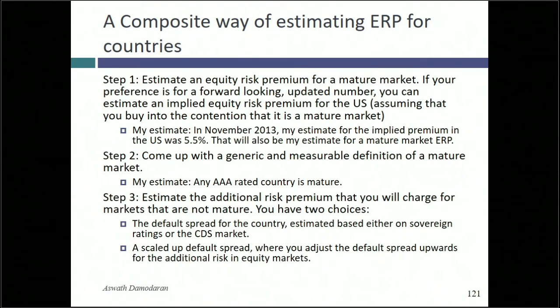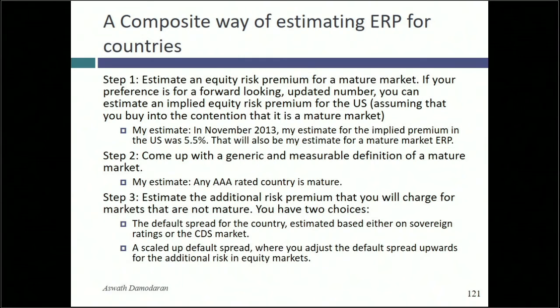Step two, I come up with a measure of default spread for each country. And here's where it gets simple if you're a AAA rated country. If you're a AAA rated country, what's Moody's telling me about the country? There's no default risk, and if there's no default risk, I give you the same equity risk premium as the US. And my rationale is very simple. If you think of AAA rated countries as mature economies, you cannot have different equity risk premiums for different mature markets for a simple reason. If I told you the equity risk premium in the US is 5.5%, but in Germany it's only 3%, given that capital can flow across markets, investors would leave Germany and come into the US and things should equate. So all my mature markets, and I'm using a very sloppy definition of mature, AAA rated countries have the 5.5%